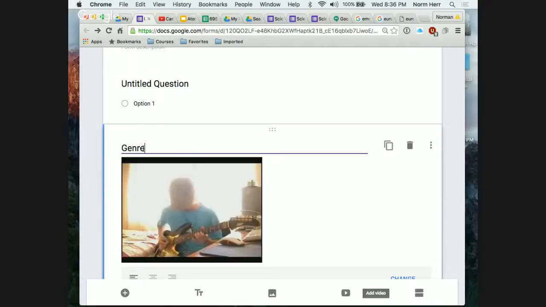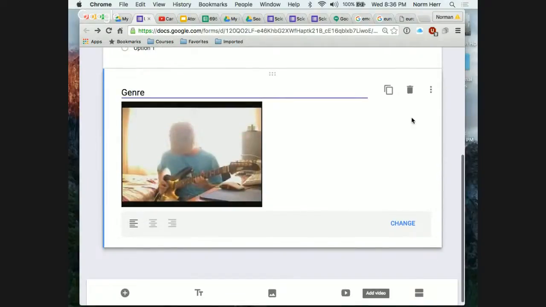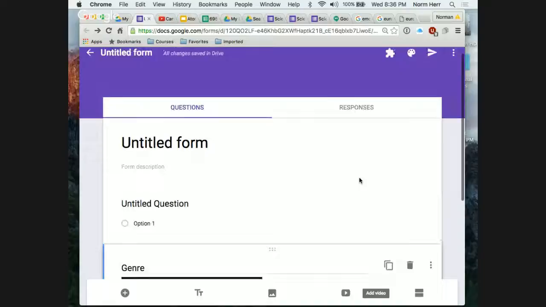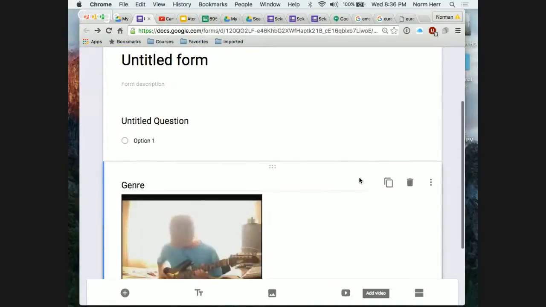And now Ryan says, okay, genre. You can put some stuff there, and then we'll do another question here. You can add it and so forth. But the point is now, rather than having a field trip, he's watching movies from YouTube that the students are now getting a quiz on. And where does all that data go? Into a spreadsheet,